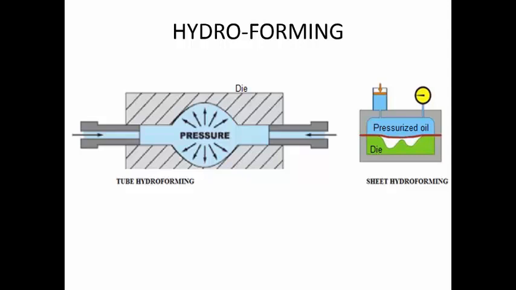So one of the common methods is you put the pipe in a die here and you close the 2 halves of the die. Then from both the ends you are supplying a pressurized hydraulic fluid. The hydraulic fluid is going to enter into the pipe and it is going to stretch the pipe, and it is going to get the required shape of the die over here. Or this is another configuration, you have a sheet and you want to deform it into the particular shape of the die. You are supplying high pressure hydraulic fluid, the hydraulic fluid is acting on the sheet and it is going to deform the sheet to the required shape. So that is also possible.